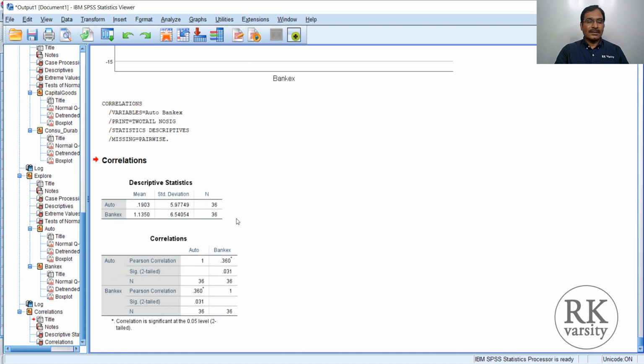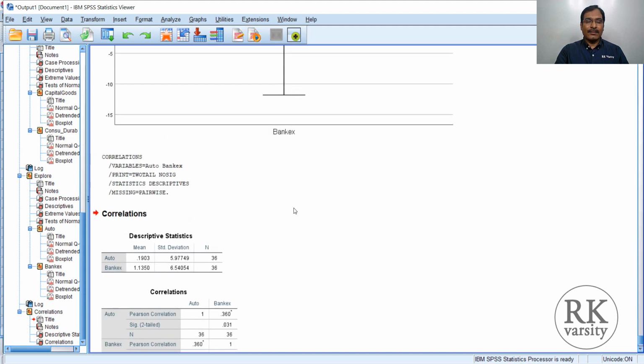So here is the result of the correlation. Auto to Auto is 1 and Auto to BankX is 0.36. That is a weak correlation, positive but weak, and it is statistically significant because the p-value is less than 0.05. So this is running a bivariate correlation.